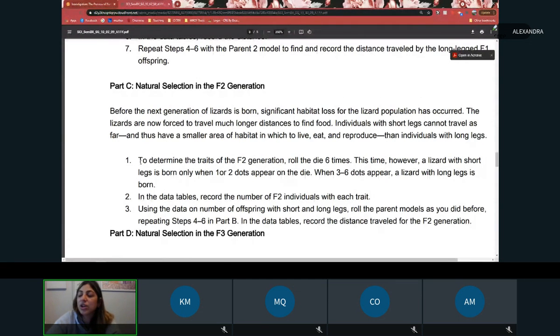So now what you are going to do is this F2 generation where you're going to be rolling the die 6 times again, but this time only dots 1 and 2 are for short offspring, and dots 3 to 6 are going to have offspring with long legs. And then you're going to do the same thing. However many times you rolled 1 to 2 is how many times you're going to turn the short legs. 3 to 6, you're going to roll the long legs